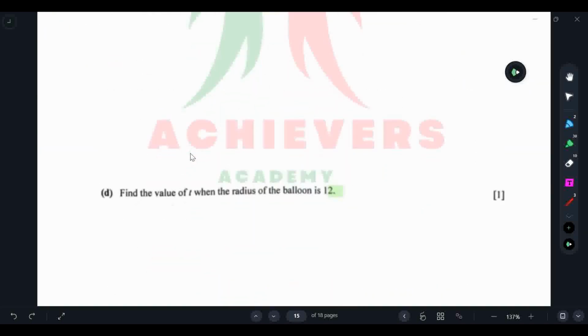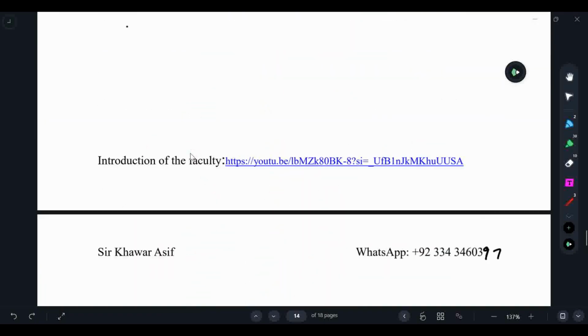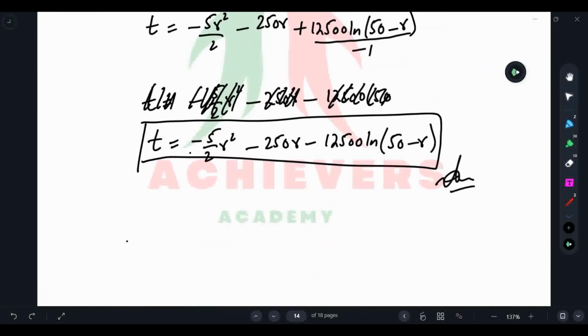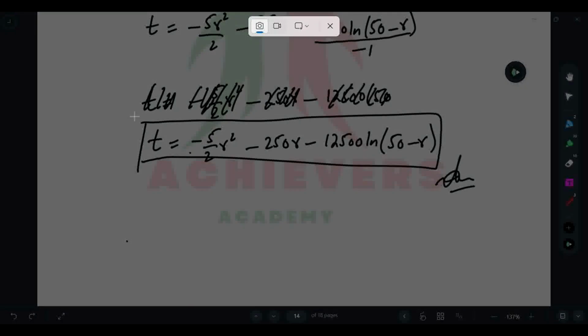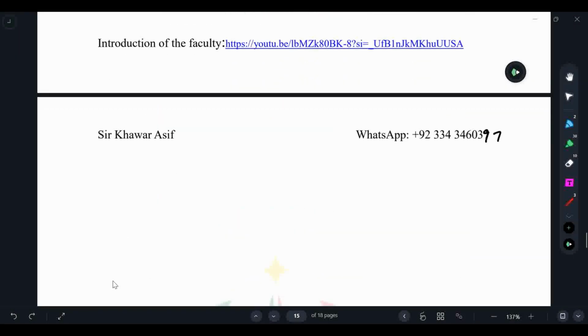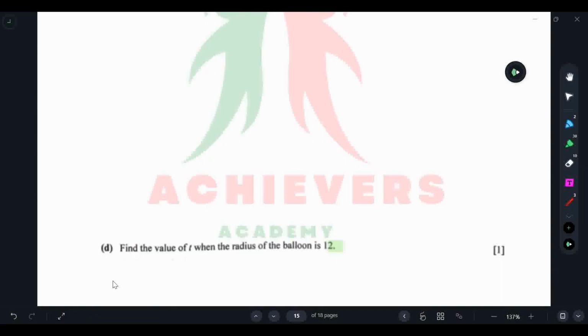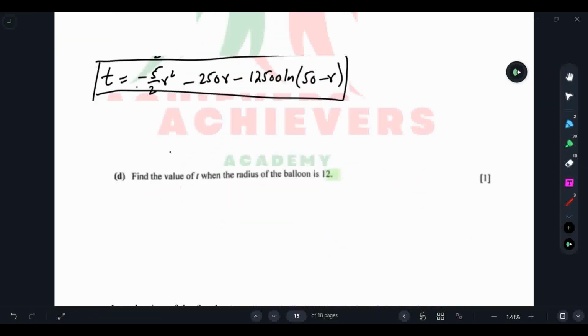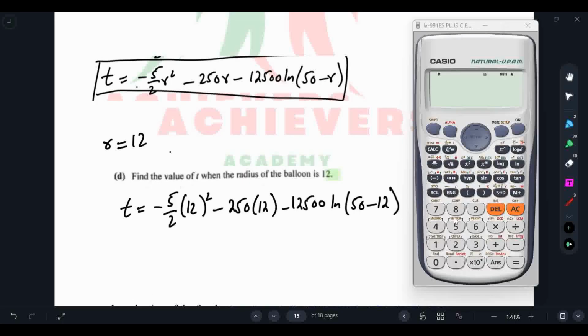Find the value of t when the radius of the balloon is 12. Okay, when the radius of the balloon is 12, we need to find this. So what we have to do is just put the value of r. r is equal to 12. So t will be equal to, okay, we can directly put the value of r as 12. So this will be